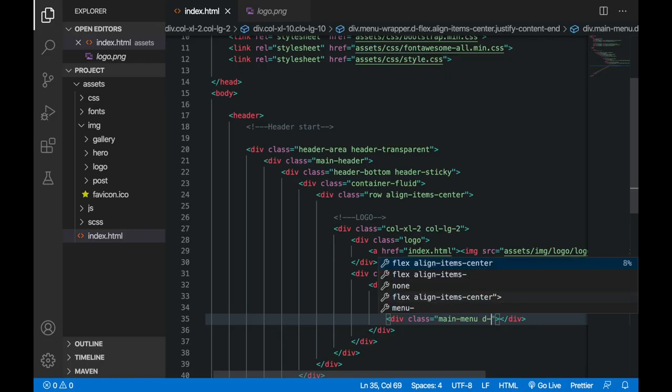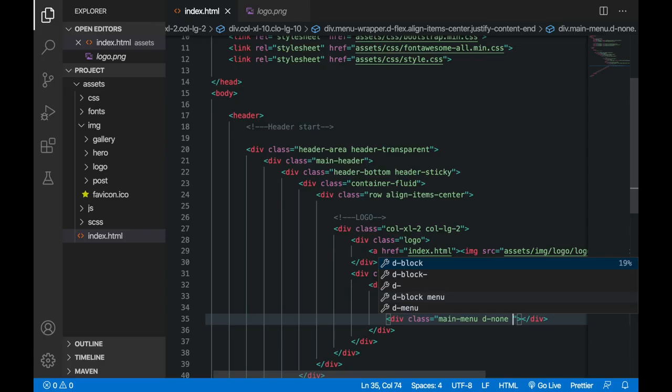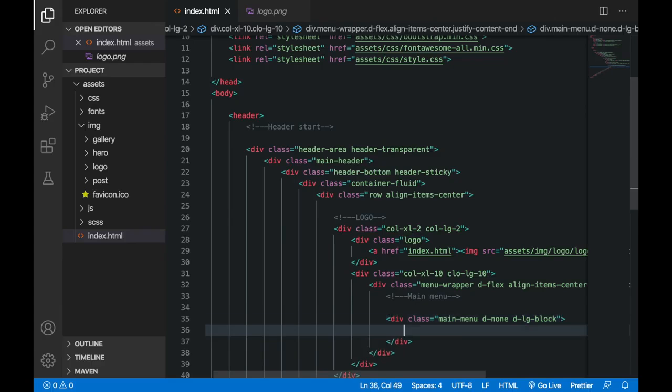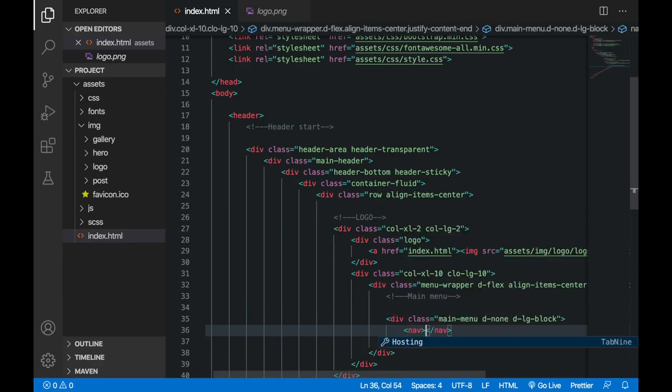Okay, d-none and d-lg-block, because I want its display to be block on large screens and none on any other screen rather than large. So here I will say d-lg-block, and after this I am going to use my nav tag. So here I will say nav like this,